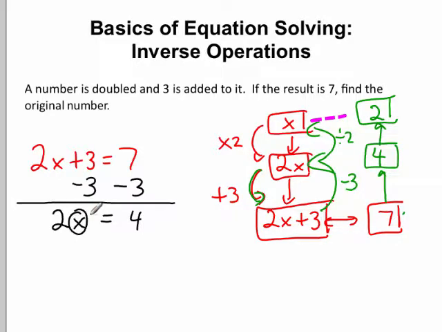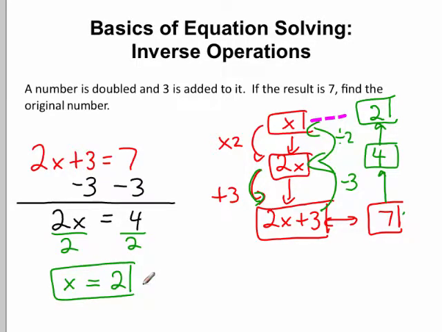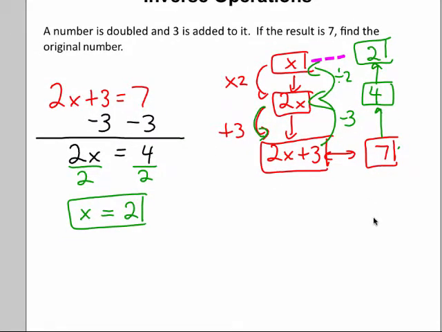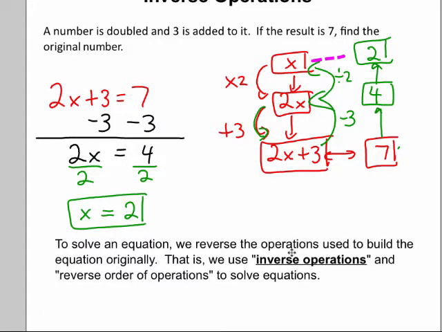My x is multiplied by 2, and I want to free the x from multiplying by 2. So to free it, I'm going to inverse it. Divide both sides by 2. That will reverse the process. 2 divided by 2 is 1, and 4 divided by 2 is 2, and I get my x equals 2. So like I said, I'm sure you've seen all of this equation solving stuff before, but the point is, solving